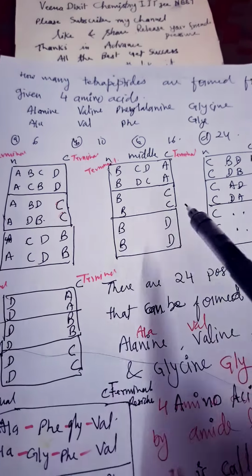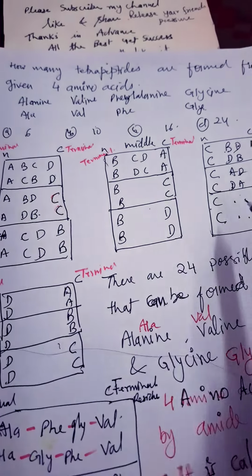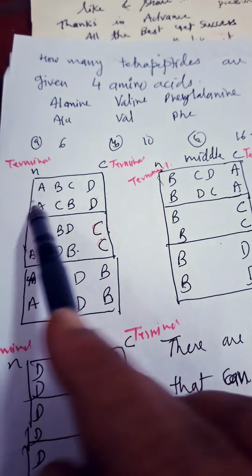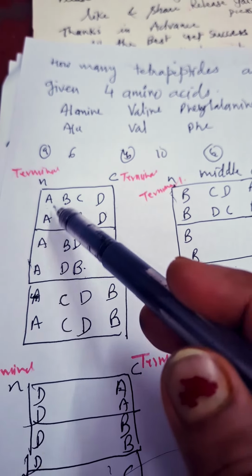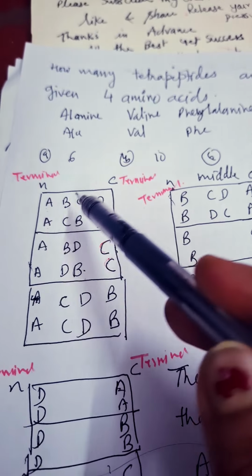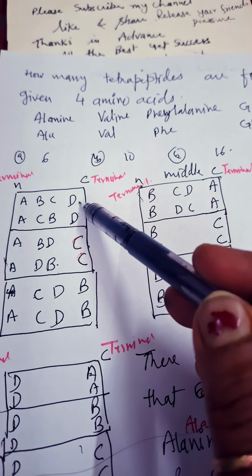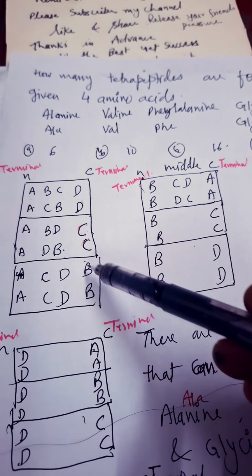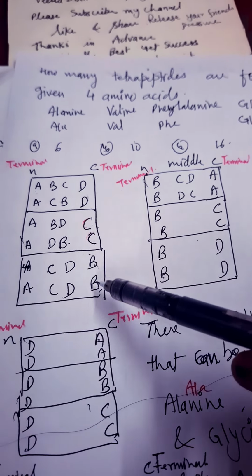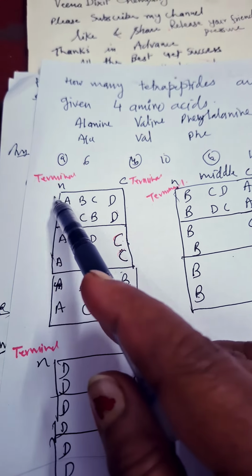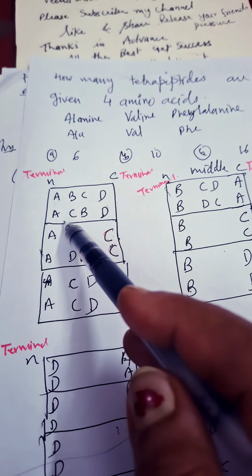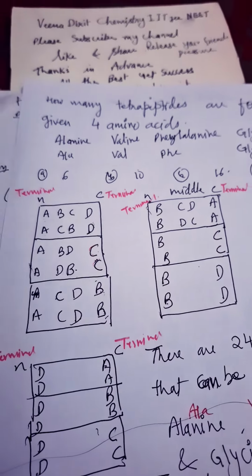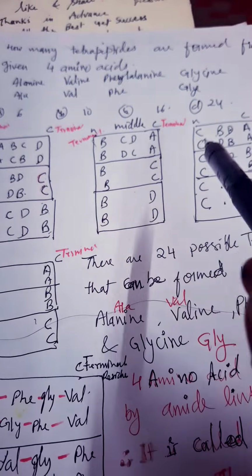See here, 3 boxes, 1, 2, 3, and this is the fourth box, and each will have 3 compartments. And here a pair of this. Suppose here I have taken A. In all of these, the N terminal is an A amino acid, and the D amino acid ends with the C terminal. Which is written last, that is the C terminal. C terminal means a carboxylate group is there. Here an ammonium group will be there. Okay, so here A, then D, C, B, and these are the 4 sets of amino acids